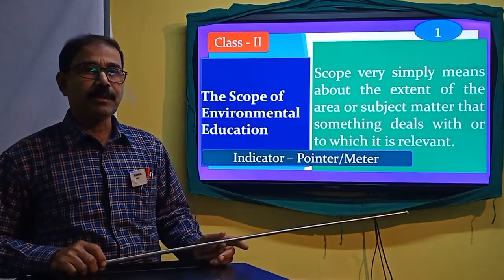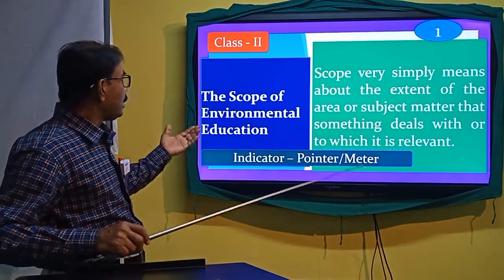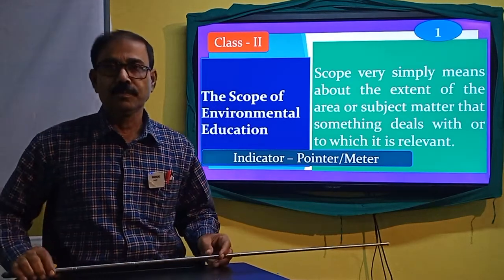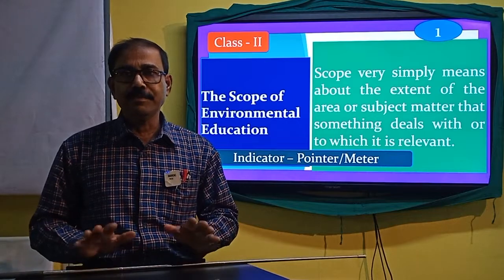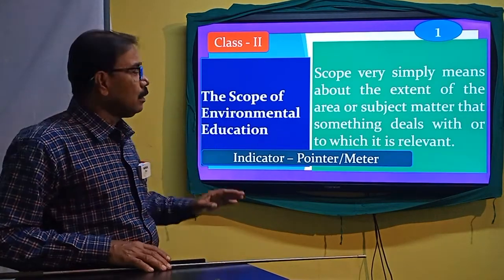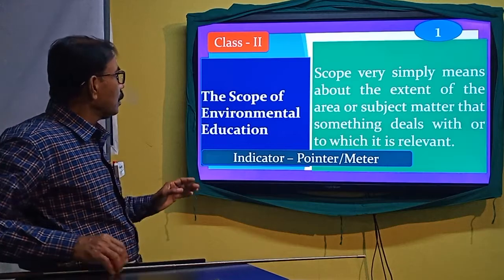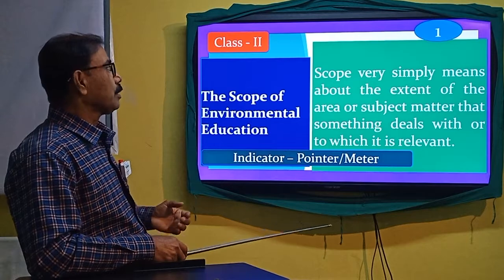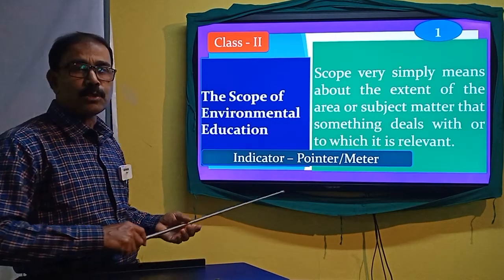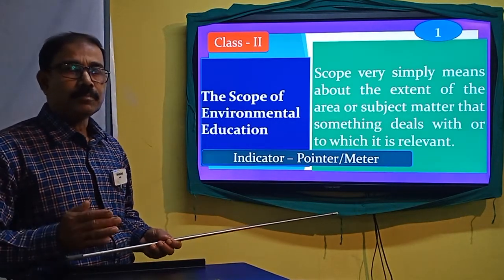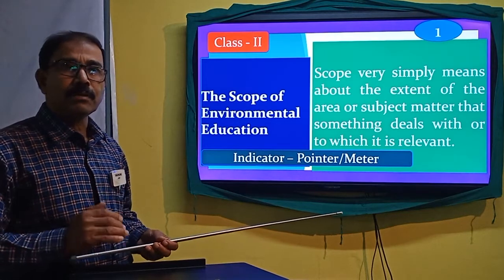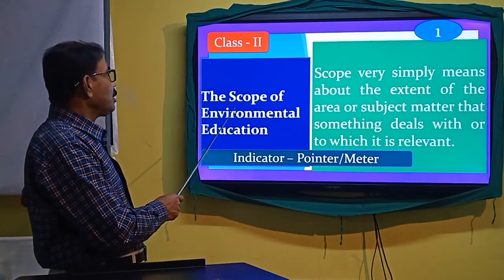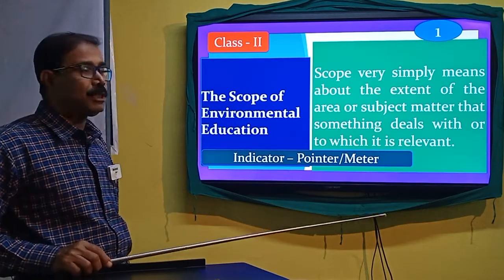Participant friends, today's class is on the scope of environmental education. We have done one class in this area, and the contents of this slide are a little bit of repetition so that you can maintain the link with the class which we did earlier. Once we say the scope of environmental education,